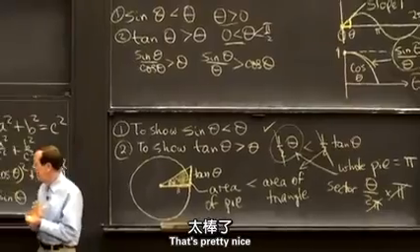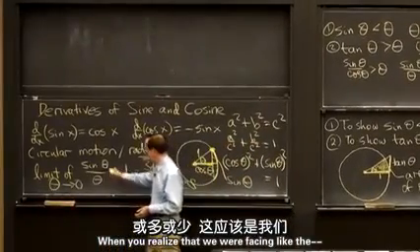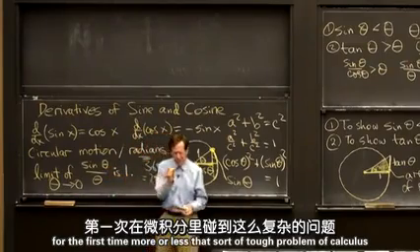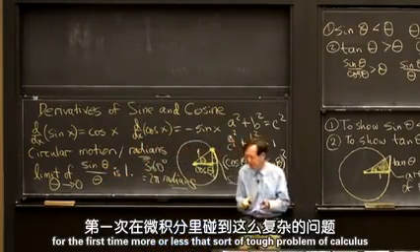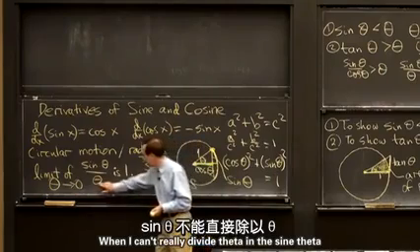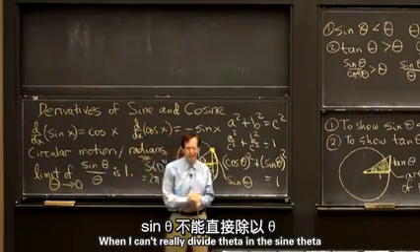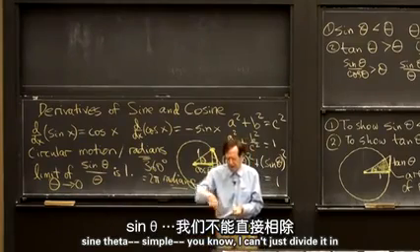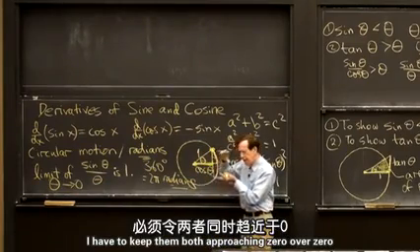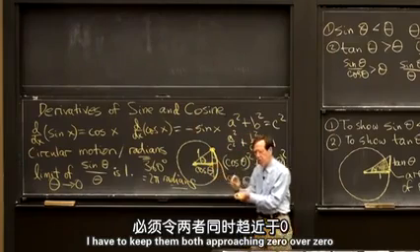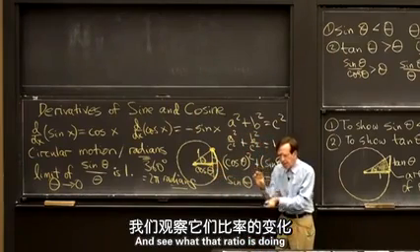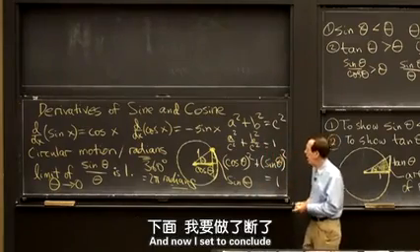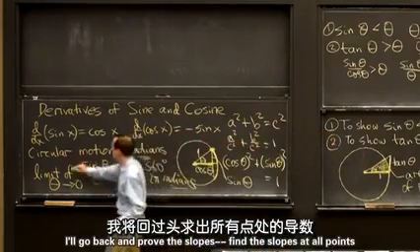That's pretty nice when you realize that we were facing, for the first time, more or less, the sort of tough problem of calculus, when I can't really divide theta into sine theta. I can't just divide it in. I have to keep them both approaching 0 over 0 and see what that ratio is doing. Okay, and now, to conclude, I'll go back and prove the